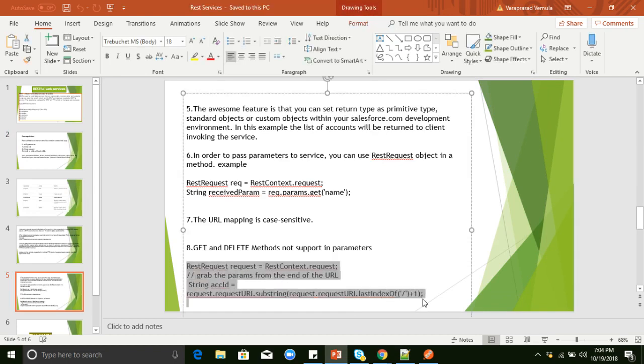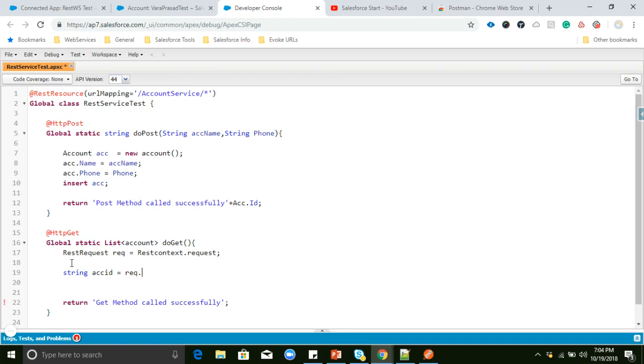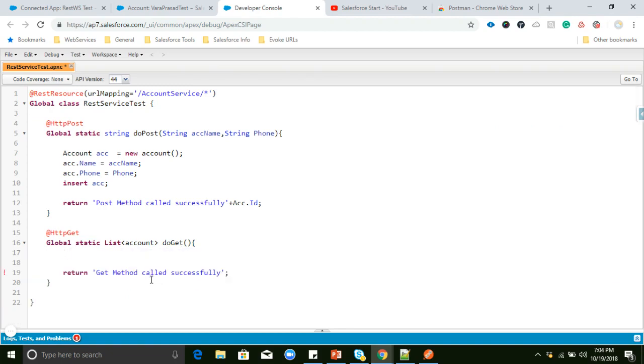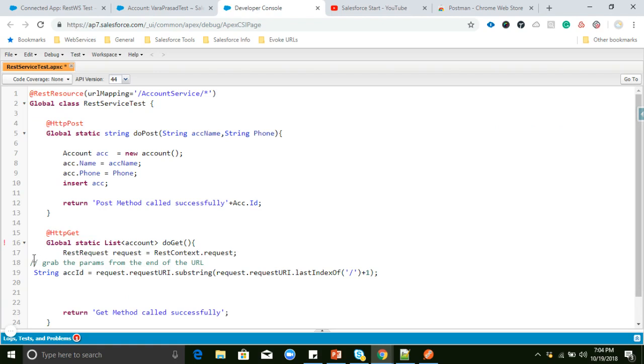So I'm pasting the code as it is here. This is using the REST request object. We can pass a parameter, and we can display data from the third party system. There itself, we can display data from Salesforce. For example, account ID, request dot request URI and all those things.